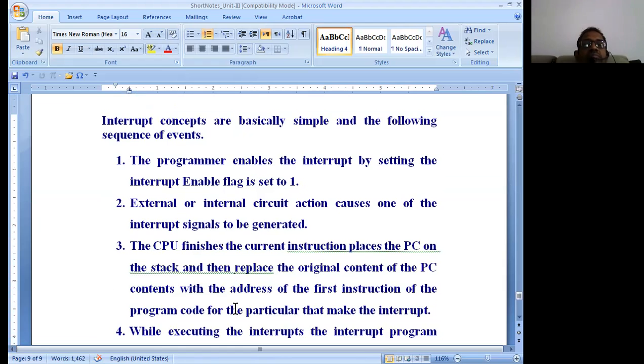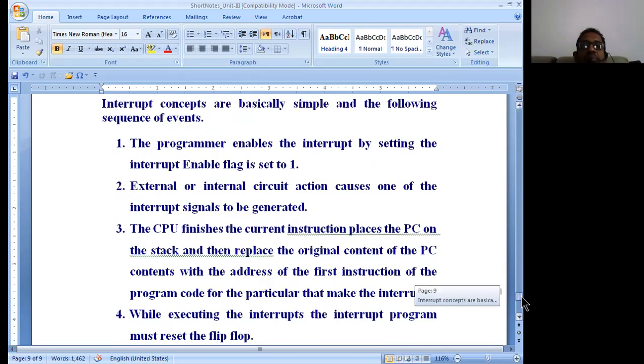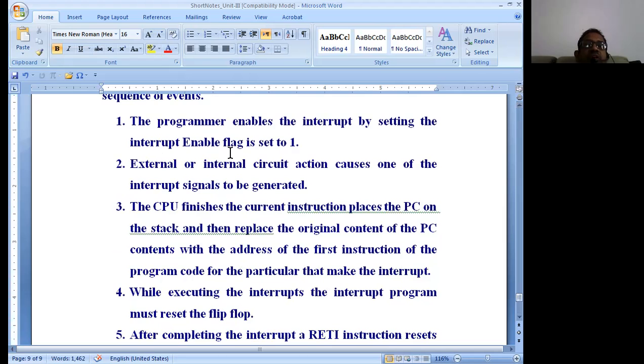Now, there is a small difference between interrupts and subroutine call instructions. Let us see what the differences are. Interrupt concepts are basically simple, and the following sequence of events normally happens while executing interrupts. The programmer enables the interrupt by setting the interrupt enable flag to 1.